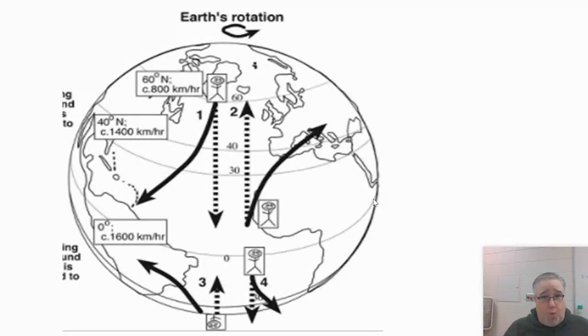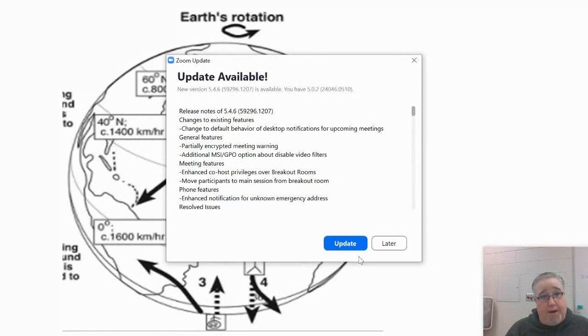Now, one of the things that I like to show kids is like, depending on where you're standing and where you're moving to, there will be a change in speed, and that will impact objects that get deflected. So let's say, for example, you're standing up here. Let's say you're up here in maybe North America somewhere, or maybe in Europe. And let's say that you have this superhuman ability to throw a baseball all the way to the equator. I mean, you don't have that ability, but let's say that you could. Okay. So if you can throw a baseball all the way down near the equator,